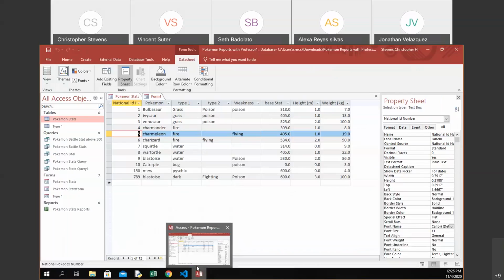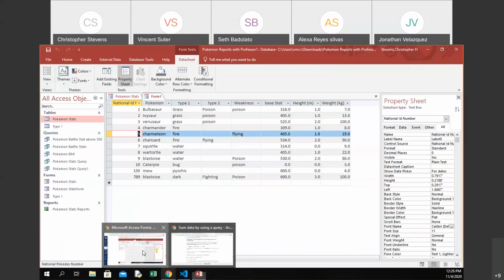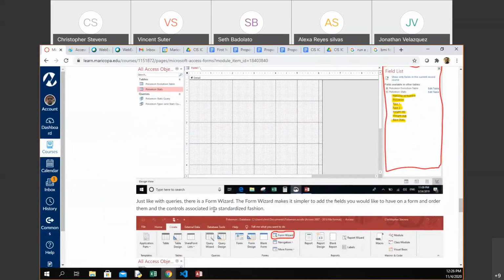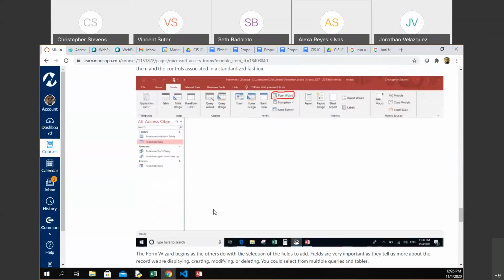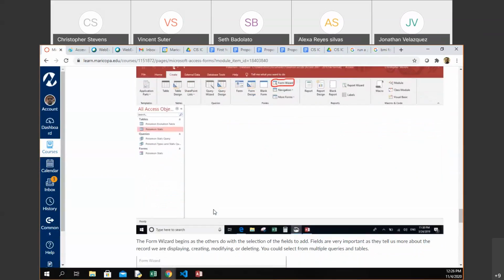In that case, let's move on to the wizard because everyone likes wizards, right? Because they make things easier. They're wizardry. We're going to look at using the form wizard. So pretty much the form wizard is just like how the query wizard worked. It will very easily